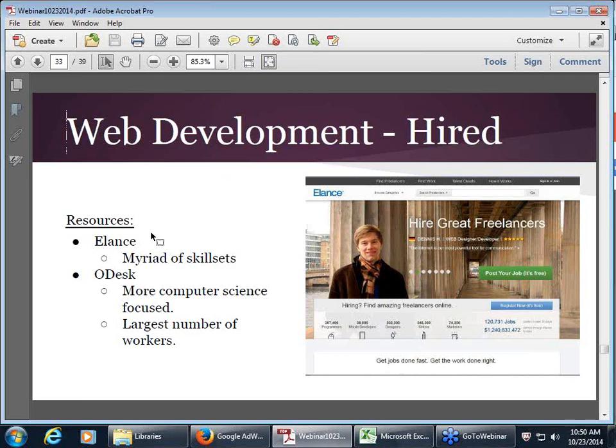So hiring developers, two resources I'd recommend for you to speak to clients about are Elance and Odesk. These have large amounts of developers and also large numbers of projects completed. The benefits of using these sites are that they will arbitrate. So let's say you ask a developer to build you something and it isn't what you asked for. They will arbitrate that, either request that they specifically complete the work for you, or alternatively withhold the money from them.